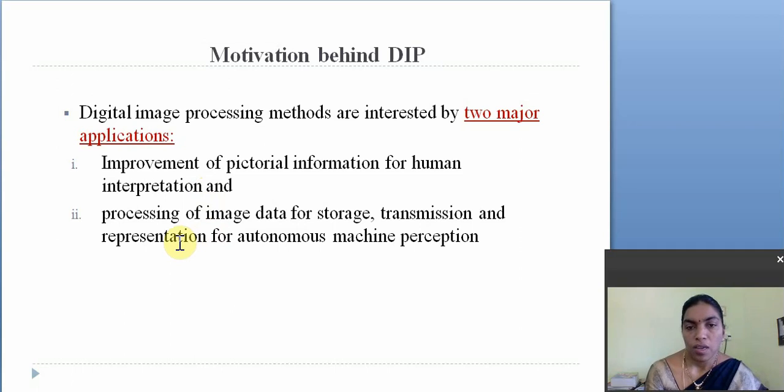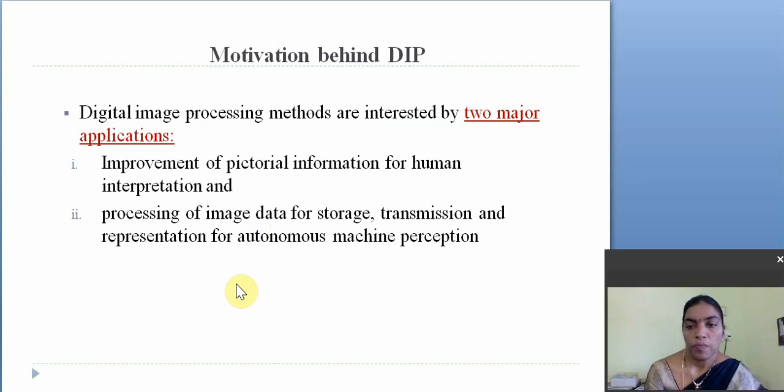Now coming to the second one, processing of image data for storage, transmission and representation for autonomous machine perception. Here we are capturing the image and then immediately that image is stored in our device, and we may have to transfer the image from one device to another device. In such cases, we should process the image to save memory and data.